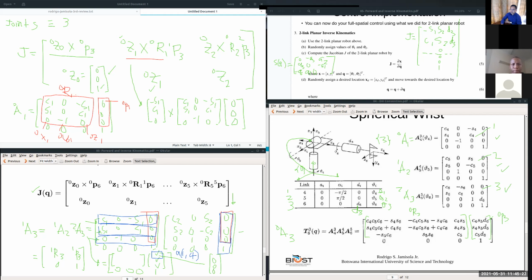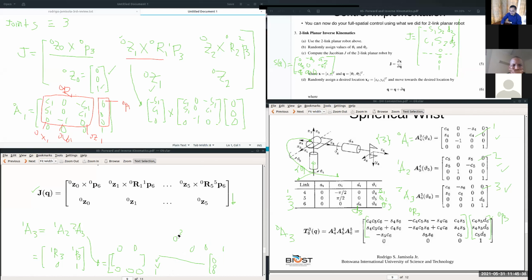Okay, let's do it again. The nice thing about committing a mistake is that we understand better, but the work is more. But anyway, let's do it one more time. Did you agree? If you didn't see it, it's just wrong in the substitution. So 1A2 is this one. 1A2 is that. So we have